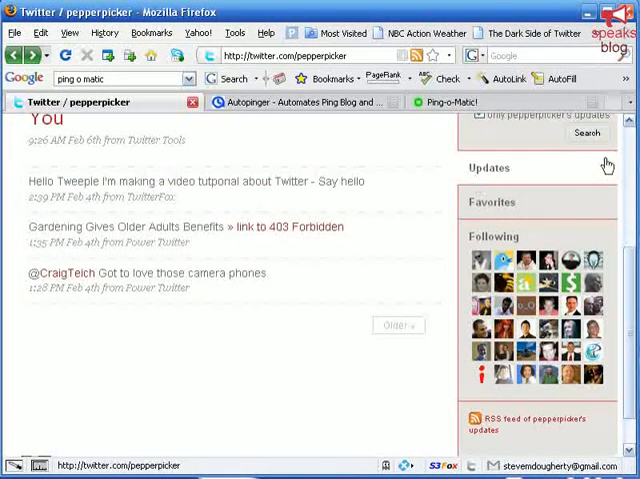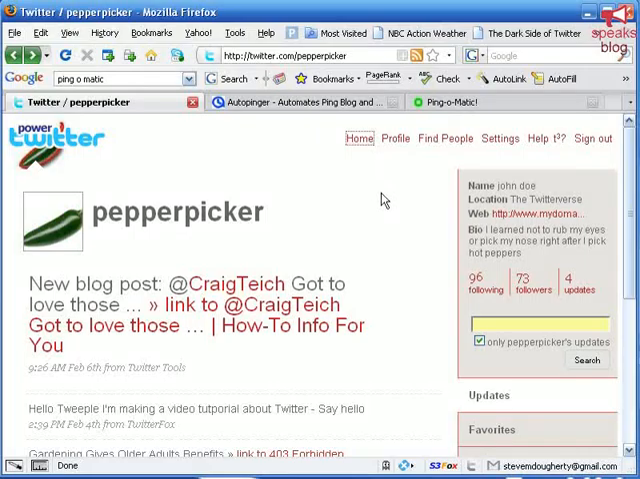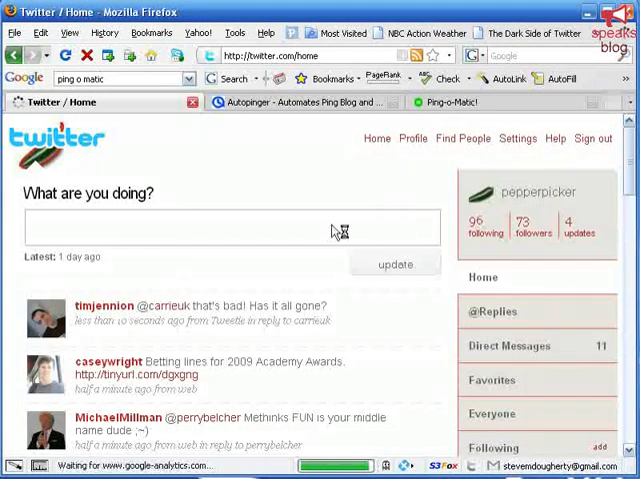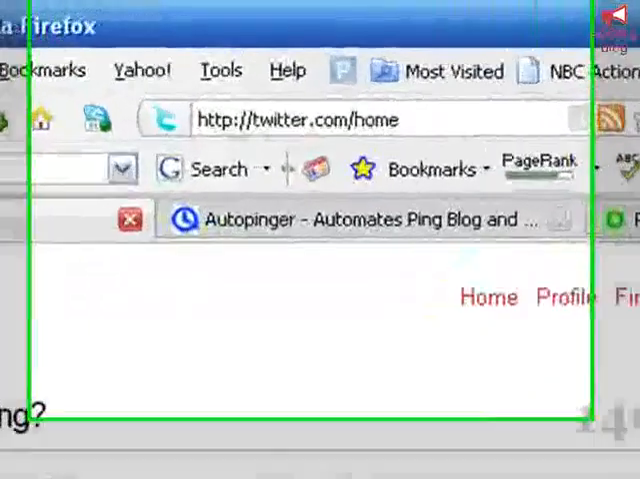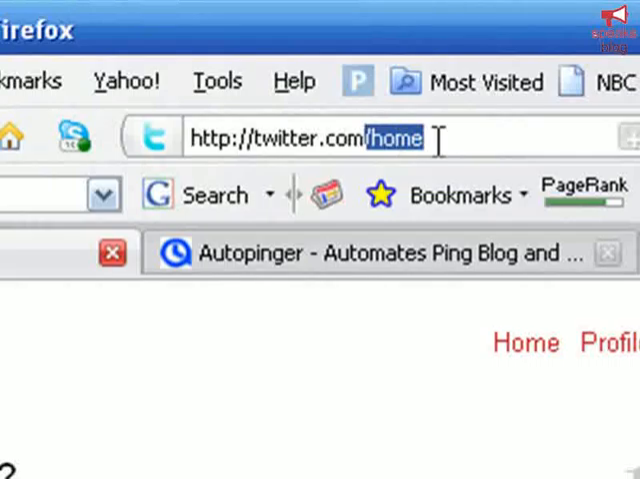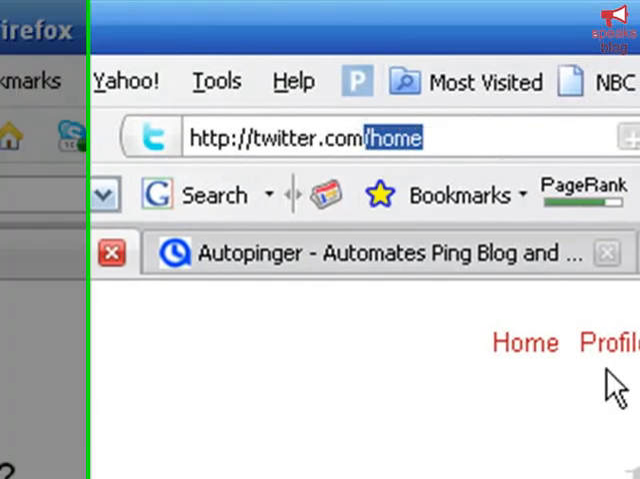Because if you go to home, this is going to show the public timeline, which is basically everybody's tweets that you are following. And that's not going to do you any good, because as you can see up here, that's not your URL. That's everybody's URL that you are following. So you want to go to profile,